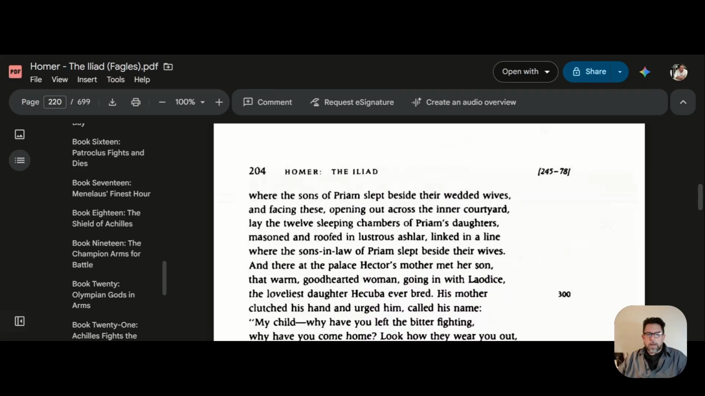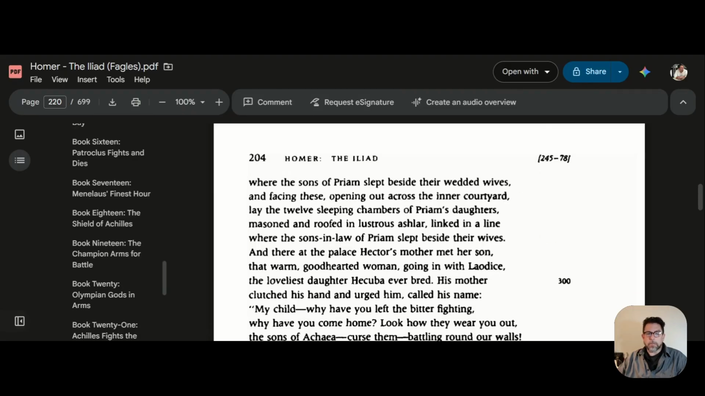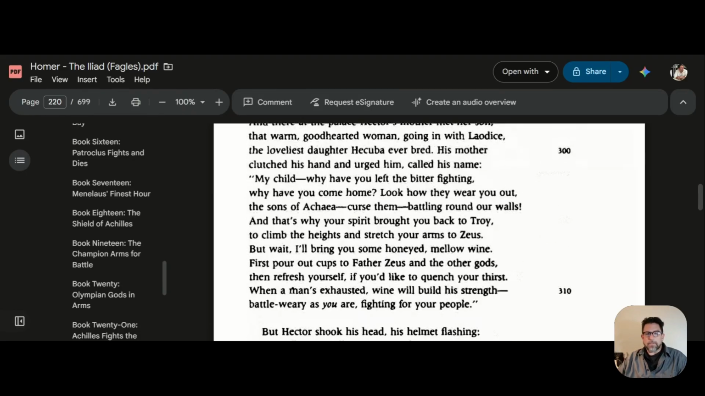And his mother met her son, Laodice, the loveliest daughter Hecuba ever bred. His mother clutched his hand and urged him, "My child, why have you left the bitter fighting? Why have you come home? Look how they wear you out, the sons of Achaia. Curse them battling round our walls. And that's why your spirit brought you back to Troy to climb the heights and stretch your arms to Zeus. But wait, I'll bring you some honeyed, mellow wine. First, pour out cups to Father Zeus and the other gods, and then refresh yourself if you like to quench